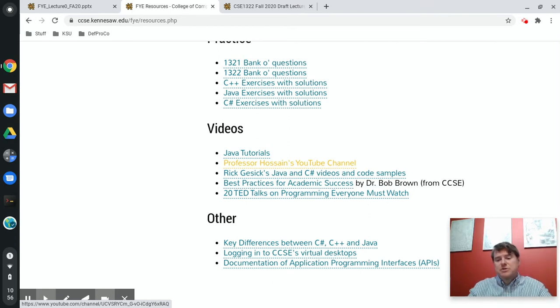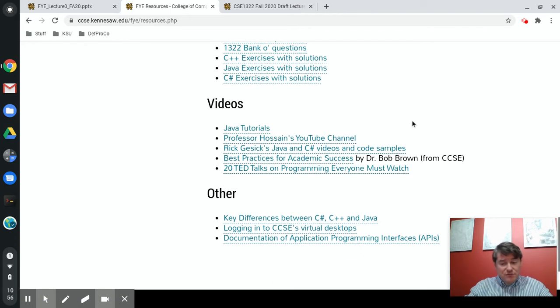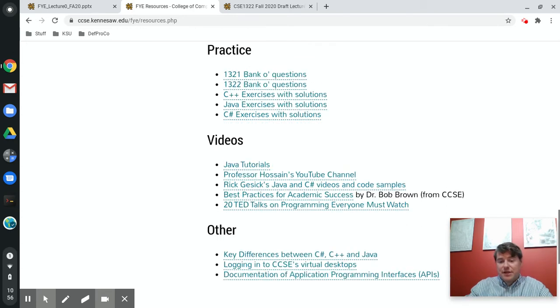So that's why we're doing this with multiple different languages. Part of it is because we kind of have to, because we have students from different disciplines who have different requirements for languages. But honestly, it's really important that you don't get tied up on your language.